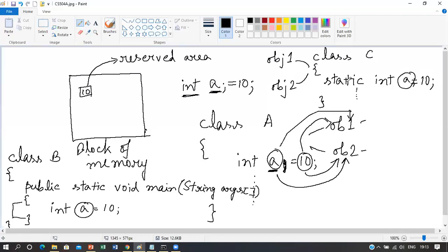But here in this class variable, all the objects of this class will share the same instance of this class variable or static variable. So this is the main difference between instance variable and class variable or static variable.